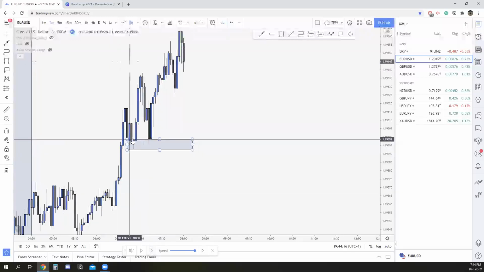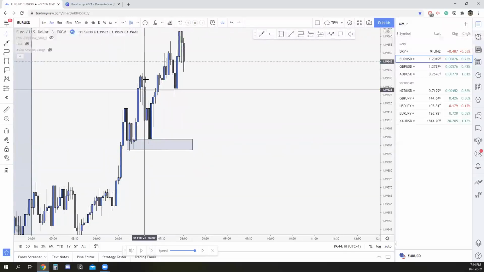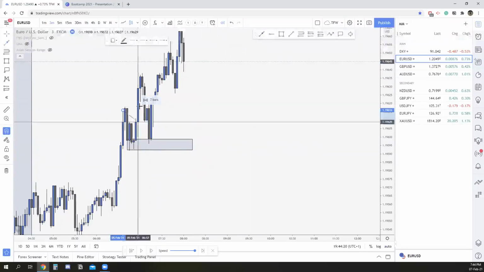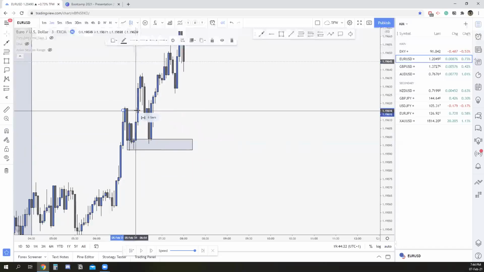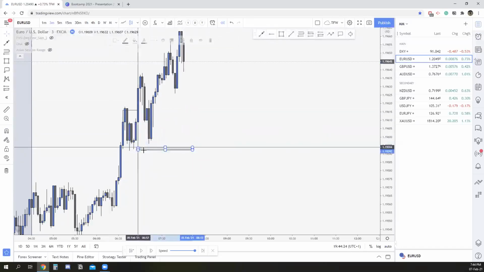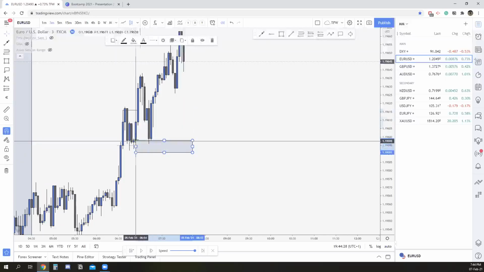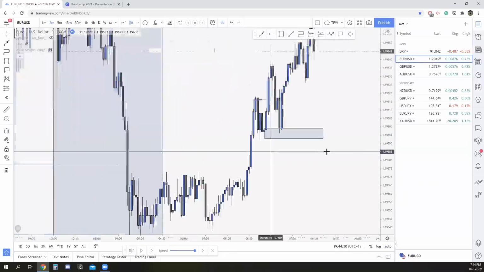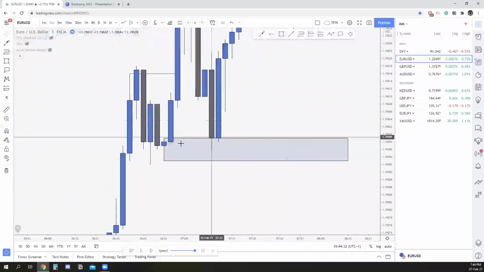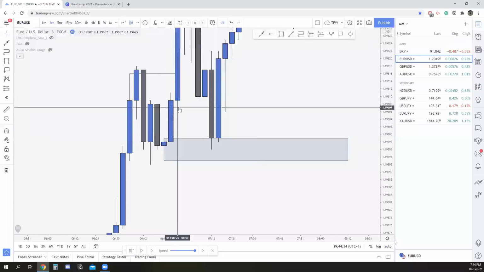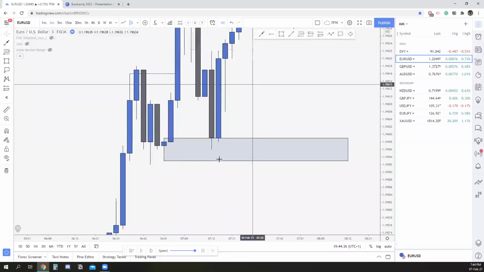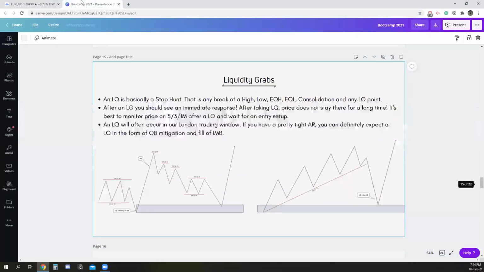Have a look. Why is this an OB? It broke structure. Here's your break. Here is your break right there. The OB was created, the last sell before the buy. Do we take the sell? No, because it's not engulfed. Do we take this candle? Does this candle leave empty space, guys? I think it does. Have a look. Boom. Empty space right there. OB, tap, 50%. Here we go.